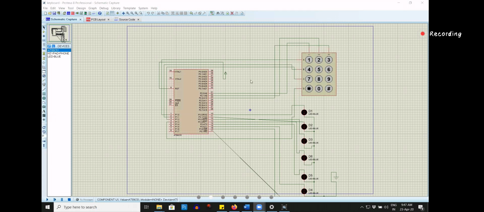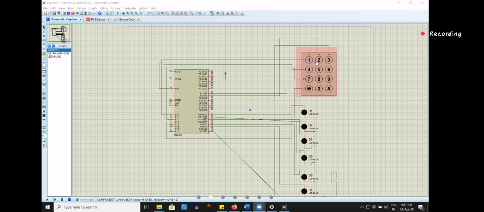So this is your overall diagram, and you can make a theoretical drawing also with this. This keypad has rows and columns. For this I have taken 4 cross 3, so 4 rows, 3 columns, but it can be 4 cross 4, 6 cross 6.